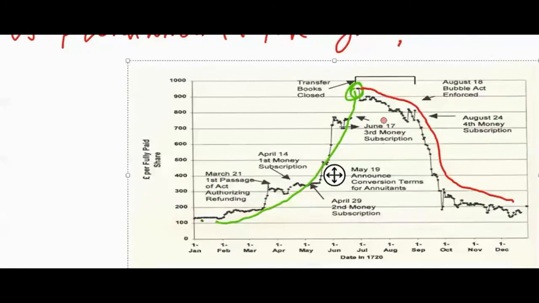One of the investors who actually invested in this company was Isaac Newton, the famous scientist. He actually lost a lot of money in this company, to the point that he did not even want to hear this company's name at any meeting he had with anyone. He said that he can calculate the speed of stars in the sky, but he cannot calculate the madness of people. And this is basically what we call psychology. It is behavioral finance. So we need to understand actually what happened. Why did the stock price go up so much, and why did it go down by that much in such a short period of time?